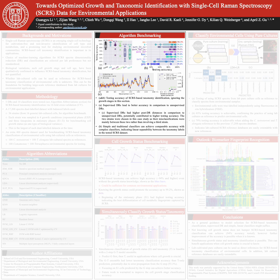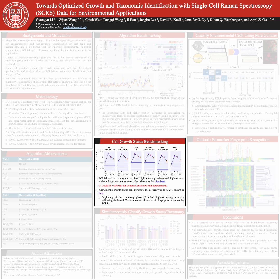And second, we observed that simple and traditional classifiers can achieve comparable accuracy with their complex counterpart algorithms. This observation suggests that simple classifiers can suffice for SCRS-based taxonomy classification. We then benchmarked the impact of cell growth status on SCRS-based taxonomy identification. We found that not knowing the cell growth information did not cripple the taxonomy identification, though this can be interpreted